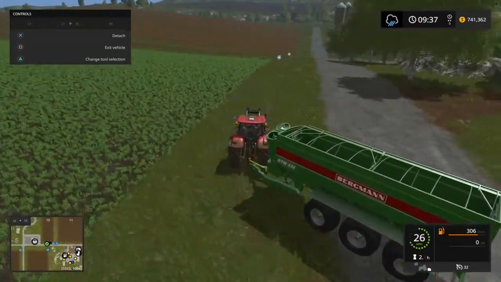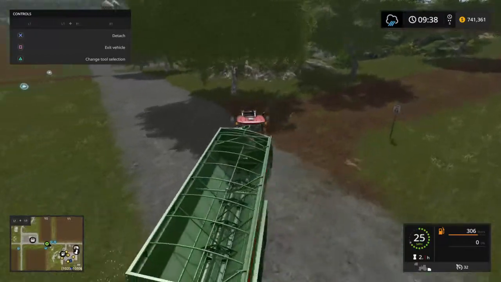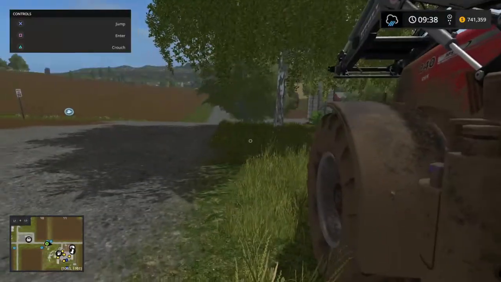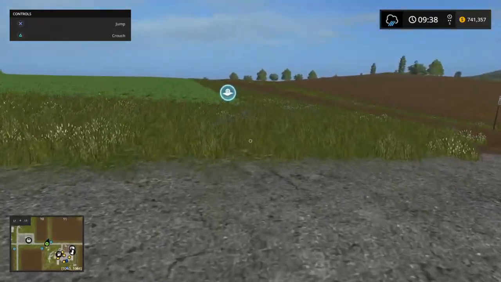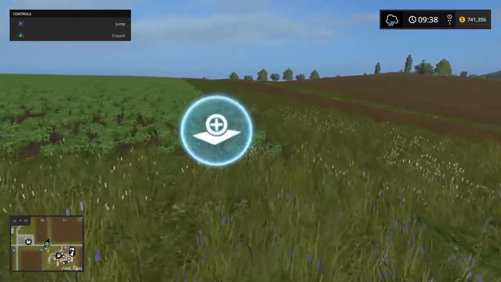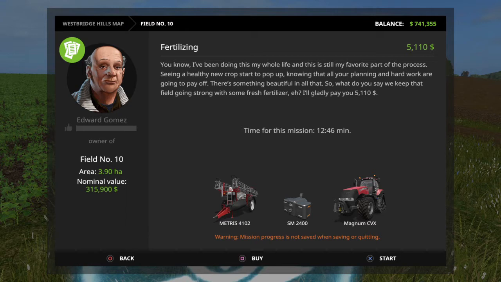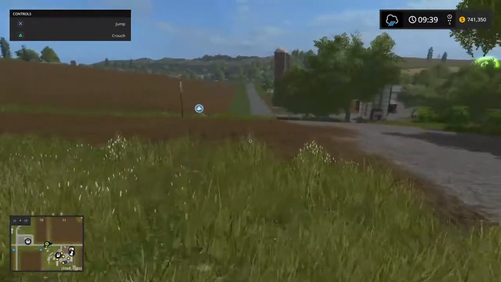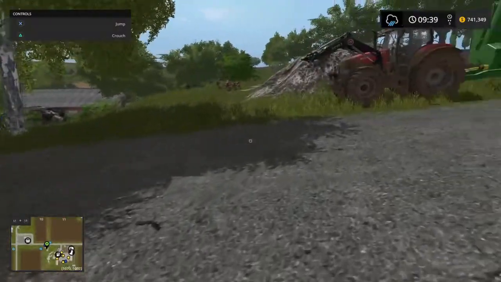Where's the marker? Sorry, I'm just gonna check the price of this field here real quick. Man, the fields in this map are expensive. Maybe do a mission eventually at some point today. You could. Yeah. Work your way towards it. Maybe that's the first field